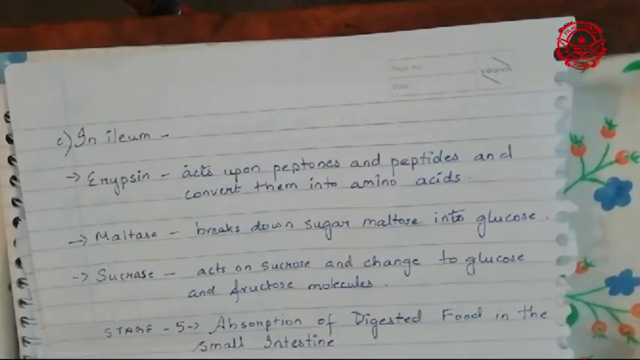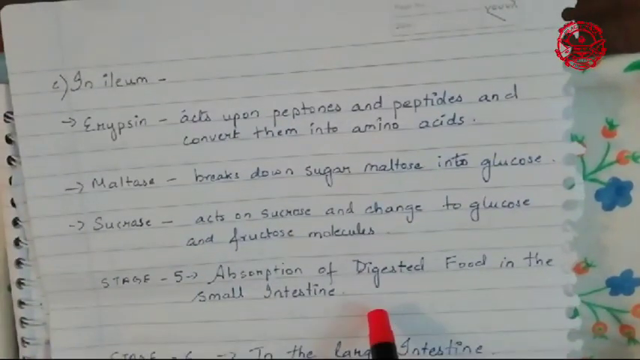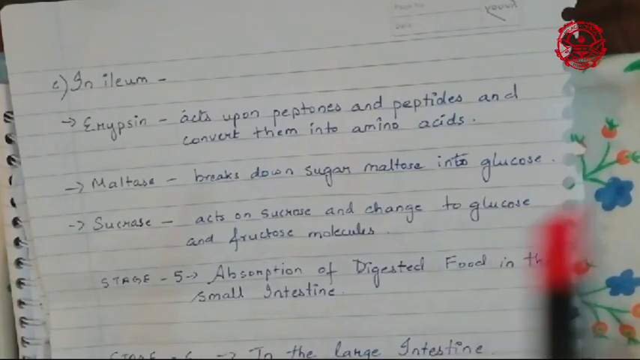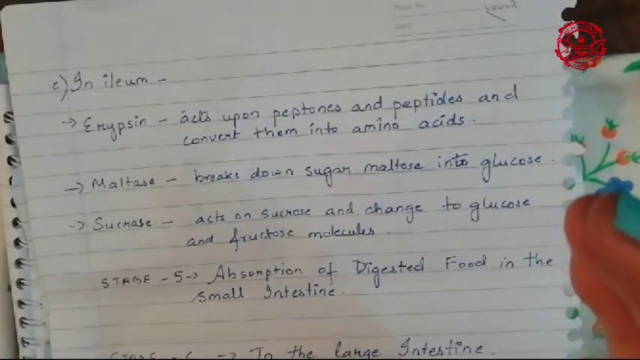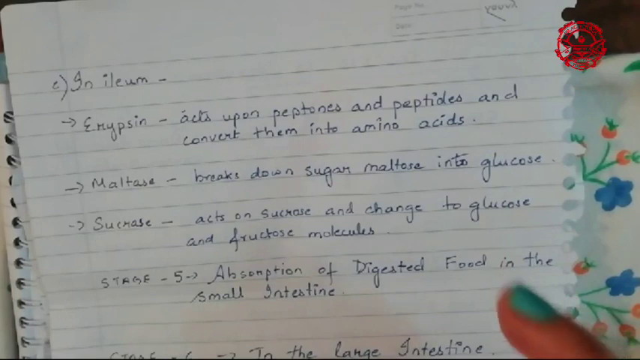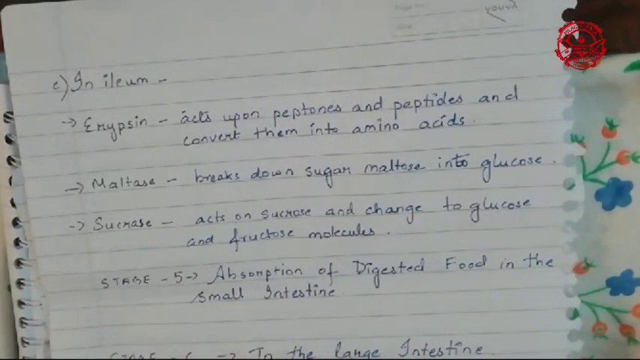Then comes your next stage, that is your 5th stage, the absorption of your digested food in the small intestine. Remember that in your small intestine, you have small finger-like projections known as your villi that help to increase the surface area of absorption. They will help the digested food to move in a back and forth motion. Your villi contain a network of blood capillaries. So the digested food will get diffused into your blood capillaries and then enter your bloodstream,